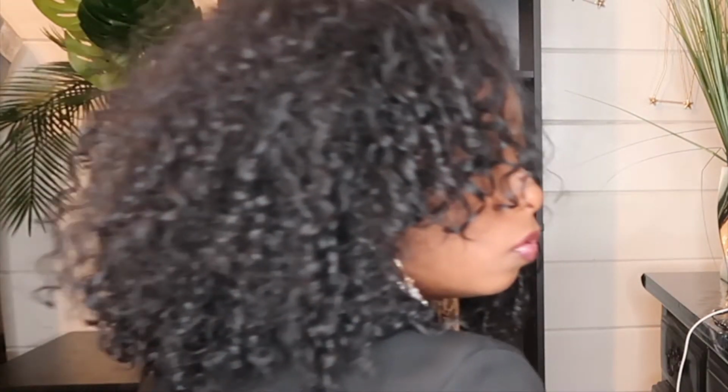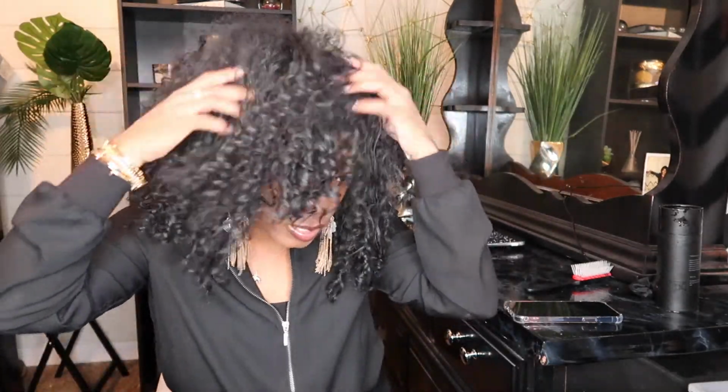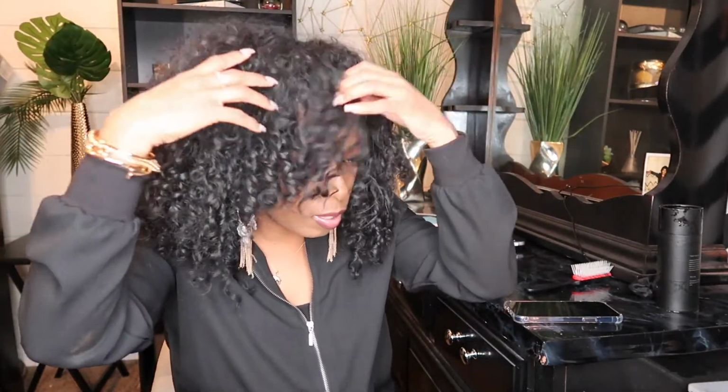Okay guys, I am back. This is the final look. I think I'm loving this stuff. I need a haircut, so it's a little longer than I want, but me and Ouidad gonna be friends. I like this. It's super light and fluffy. I love it. Like I said, it's a little longer because I want more of the fro look,